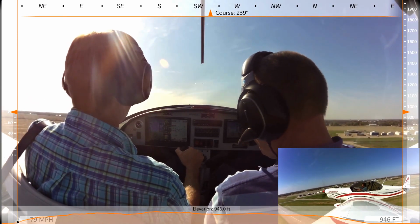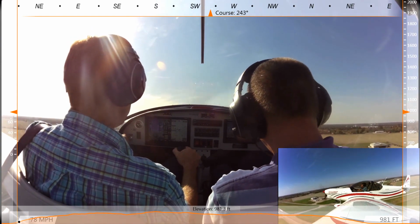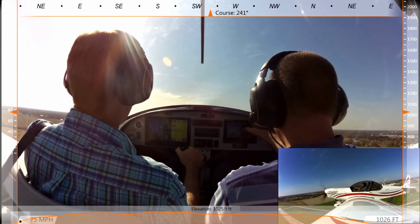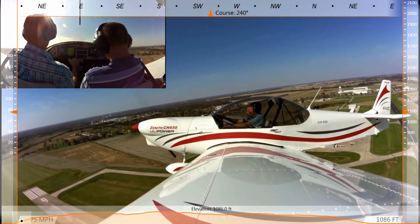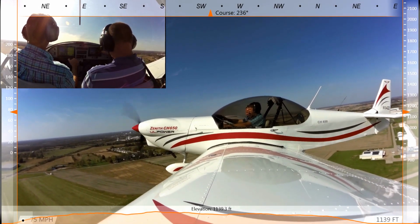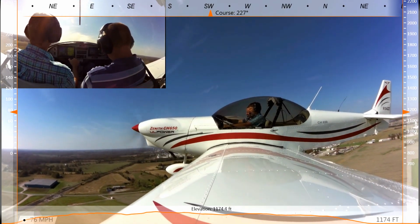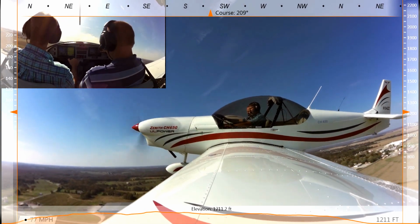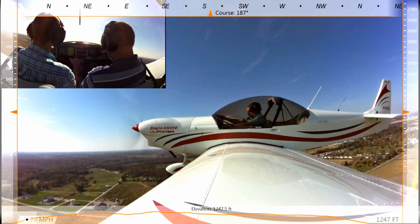Okay, and there's our VSI. We're climbing 700, 800, 900 feet a minute. And I got power back just a little bit. Alright, we're going to do a turn, head off south, get a few miles out, do some turns, let you